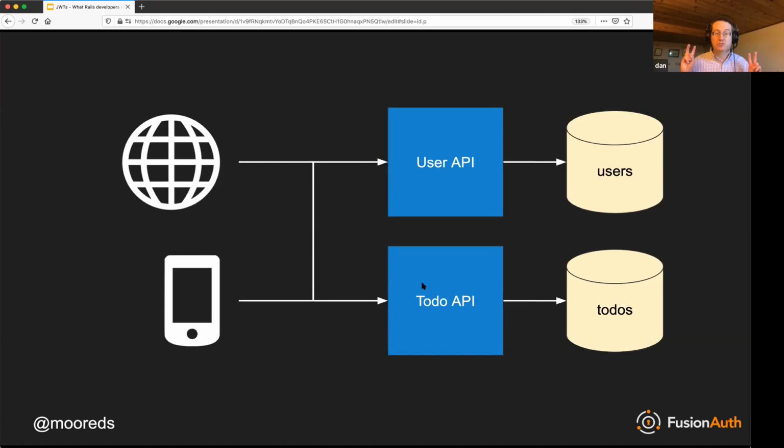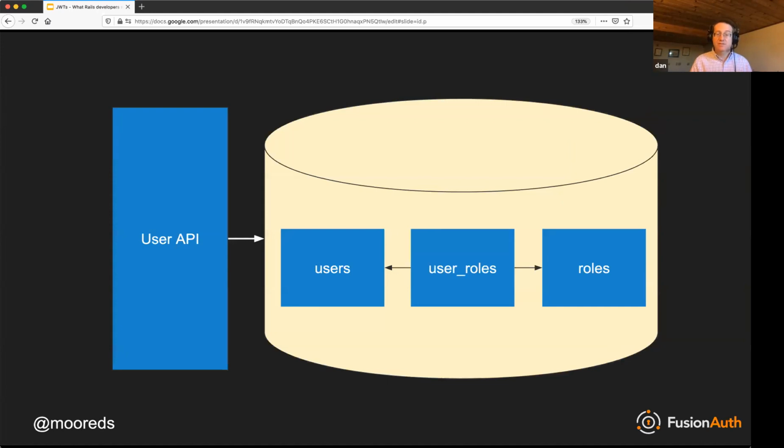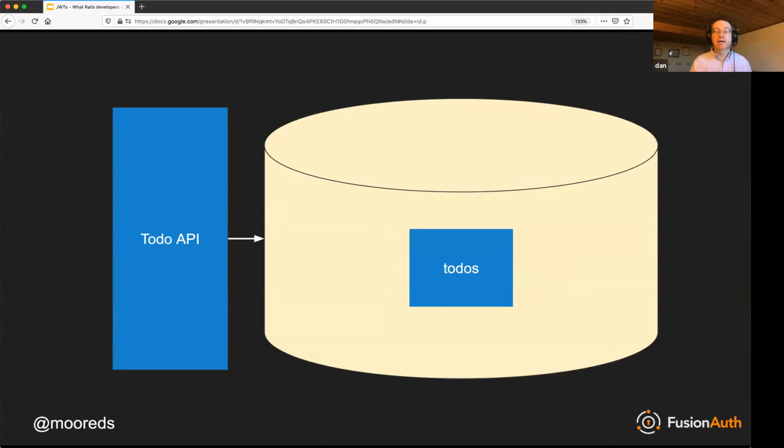So this is the canonical to-do app. In the user API, we store user information, probably the roles they have, because you might have a premium level of your to-do app. Our to-do API has a data store that stores to-dos, and our clients are going to be interfacing with both of these APIs.